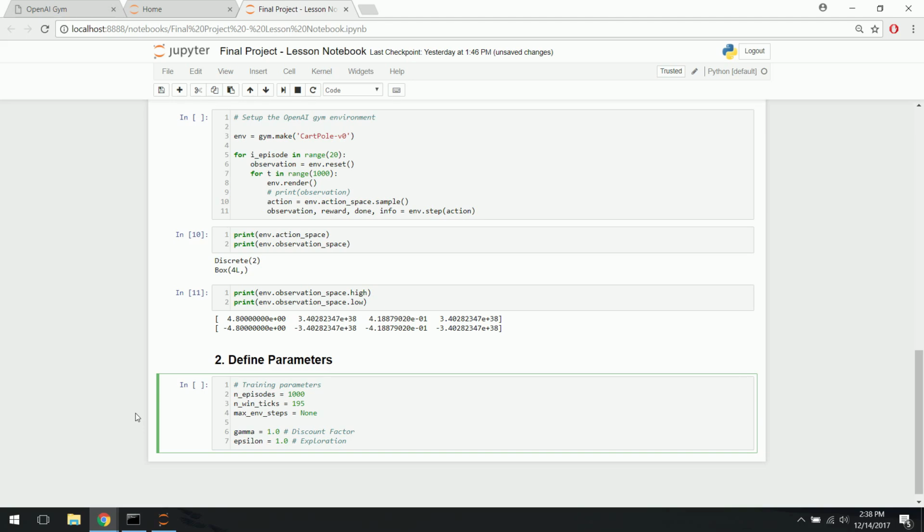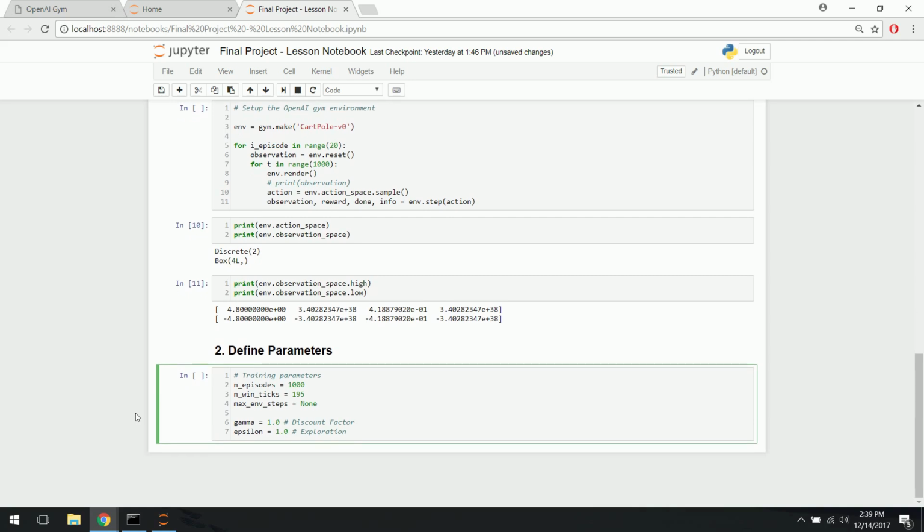So starting with epsilon at 1, it's going to choose a uniformly random choice. So it's not going to use any type of machine learning. It's going to randomly pick a direction to go, or a random force to use. This is a great way to avoid local minimum,